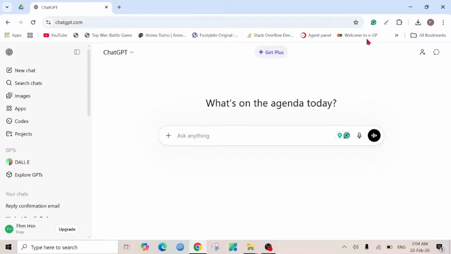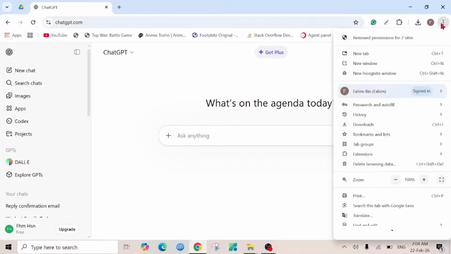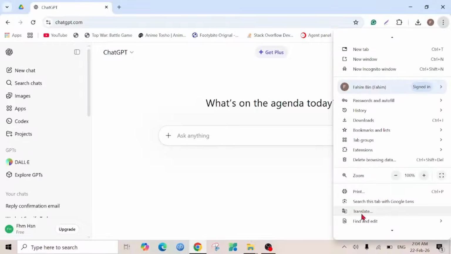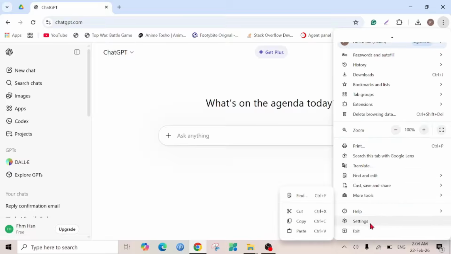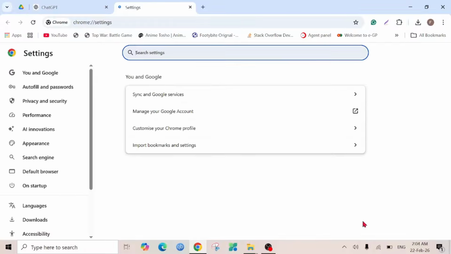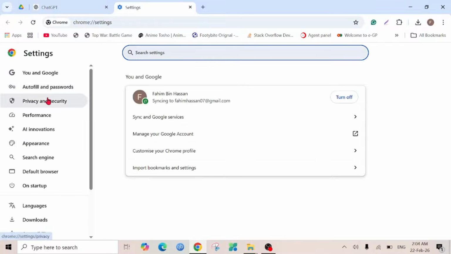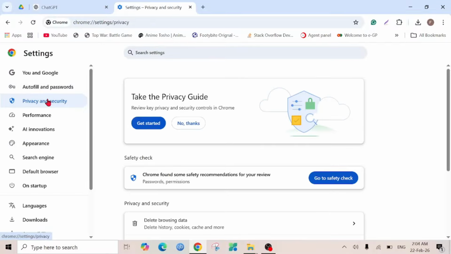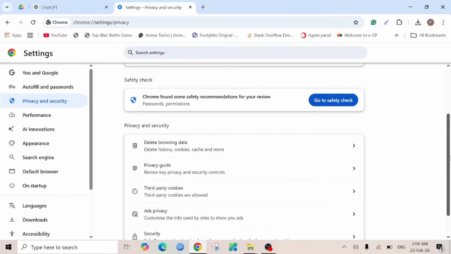So the first one is, select the three dots on the top right of your screen, scroll all the way down and select settings, and go to privacy and security. What we are going to do is clear all the cache data from the browser. So click this one,